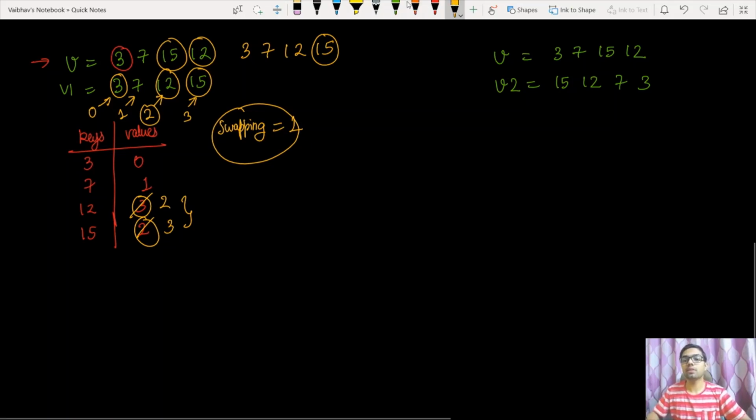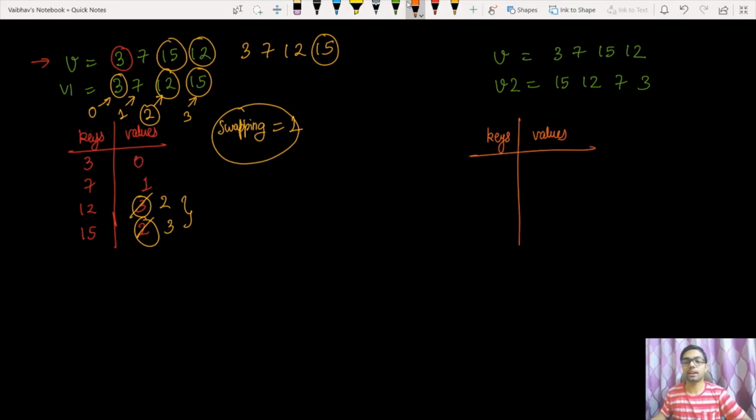Now let's see how we are going to convert the original array into the descending order. Again, I'm going to construct a map with the same keys and values, 7 and 1, 12 and 3, 15 and 2. I'm writing my original array here, 3, 7, 15 and 12.